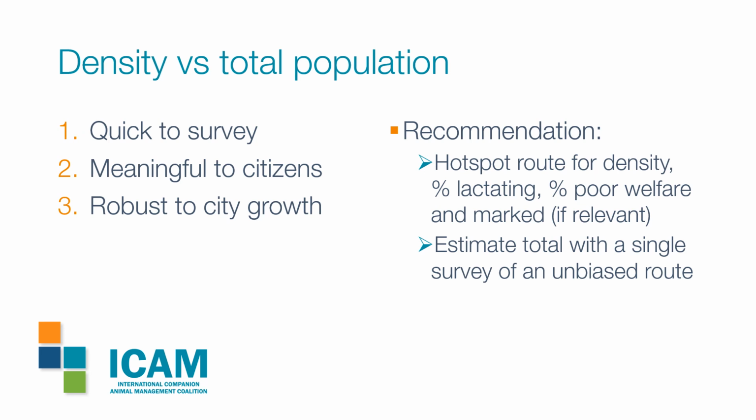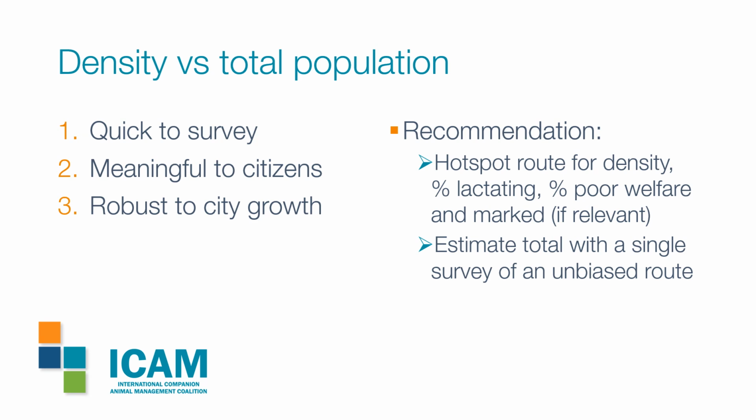And finally, towns and cities grow. So for example, Jaipur grew by 50% in 10 years. Now, in that same time period, the ABC programme reduced density by over a quarter, by nearly a third. This reduction in density was noted by local people. They perceived there to be fewer roaming dogs. But if they'd measured the ABC programme by using a total estimate, the population may well have actually grown in total number. The city was much bigger, the resources had multiplied, there were more people with more dogs, there were more people to feed roaming dogs, and so there were more dogs within that growing boundary of what became Jaipur